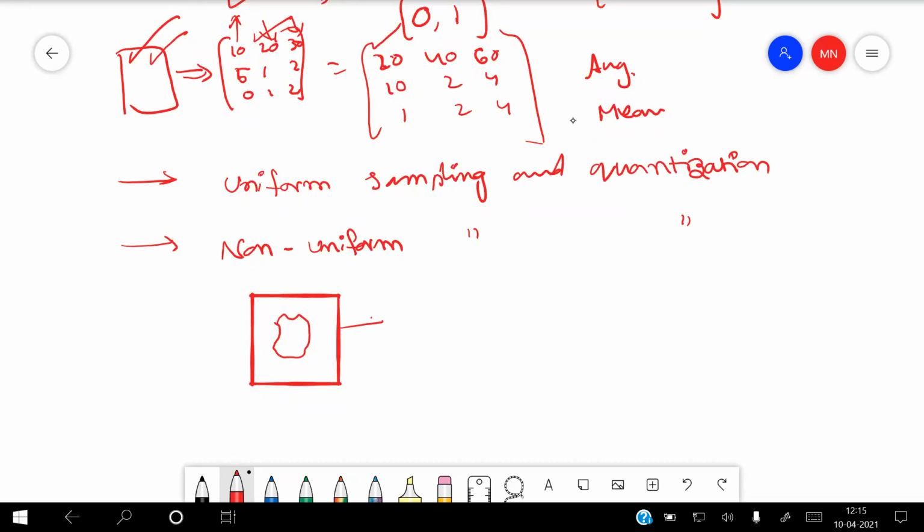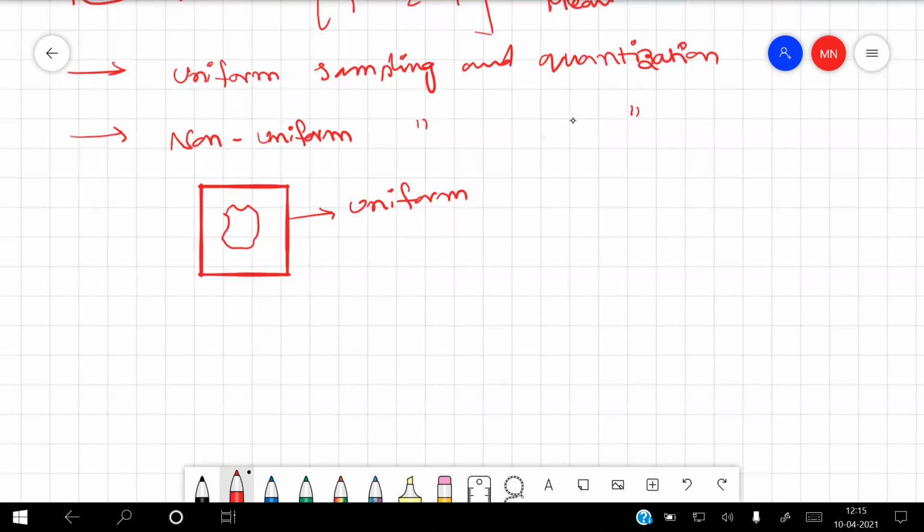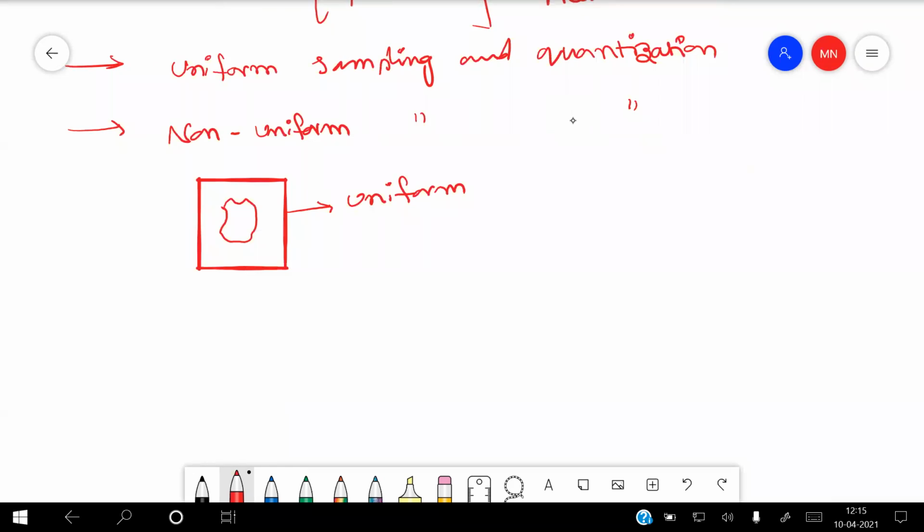Applying uniform sampling here is better to enhance the quality of the image, and it is simple. But in the second case, if we have an image with a group photo. Group photo means